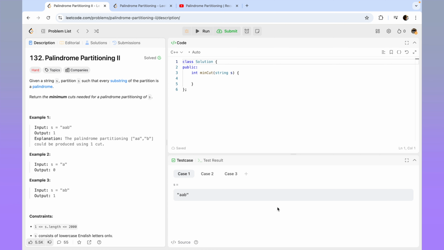For S equal to A, there is only one character, so you cannot put a cut in between, so that's why output would be 0. If the input is AB, then we can only put a cut between A and B, so that's why the output will be 1. Okay,